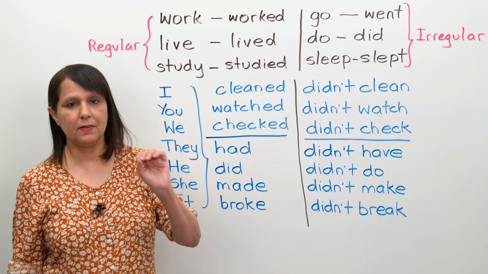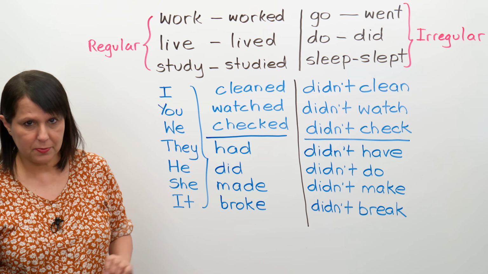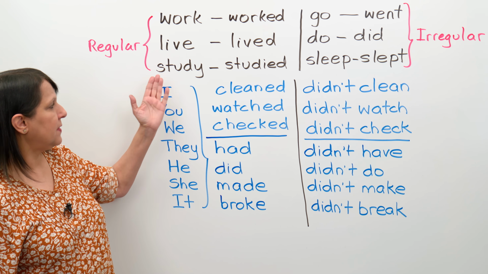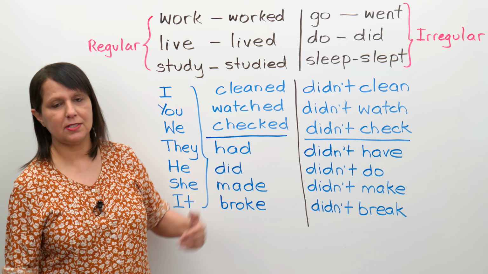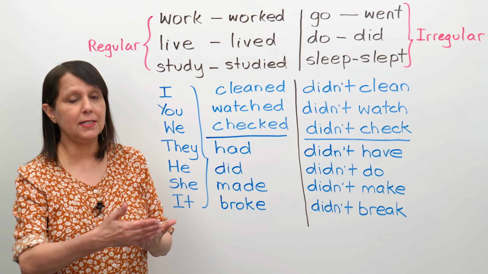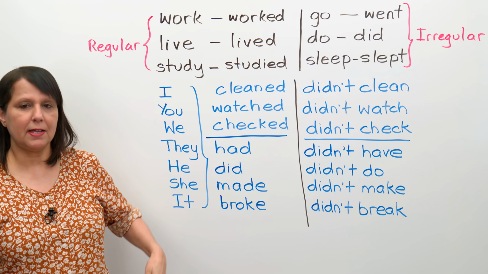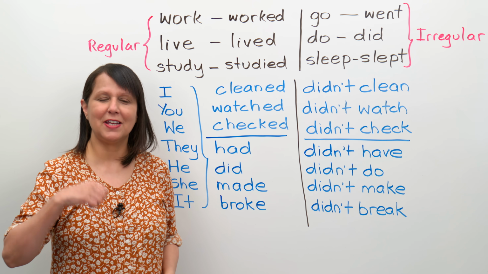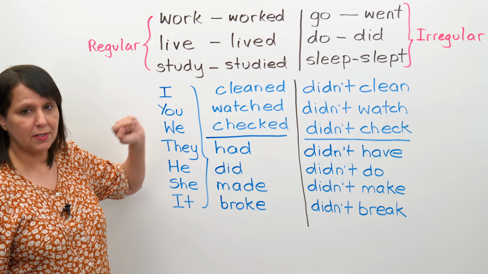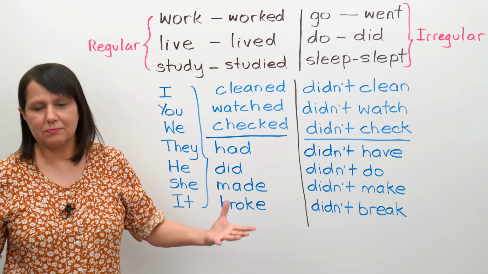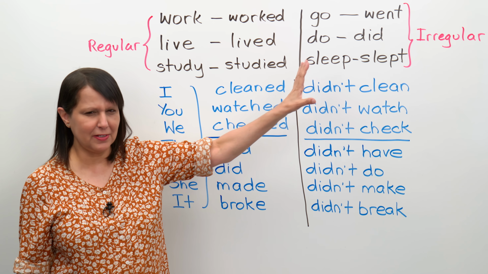One way to separate them is to understand that some verbs are regular verbs and other verbs are irregular verbs. And that's important for this reason. I'm going to show you now. The regular verbs like work, live, and study, in the past tense, they usually just have an ed or a d or an ied. Okay? That's how we know actually that these are regular verbs. We can recognize them. If I hear the word work or worked, I know the word, right? But you're going to see that on the other side, things are a little different.